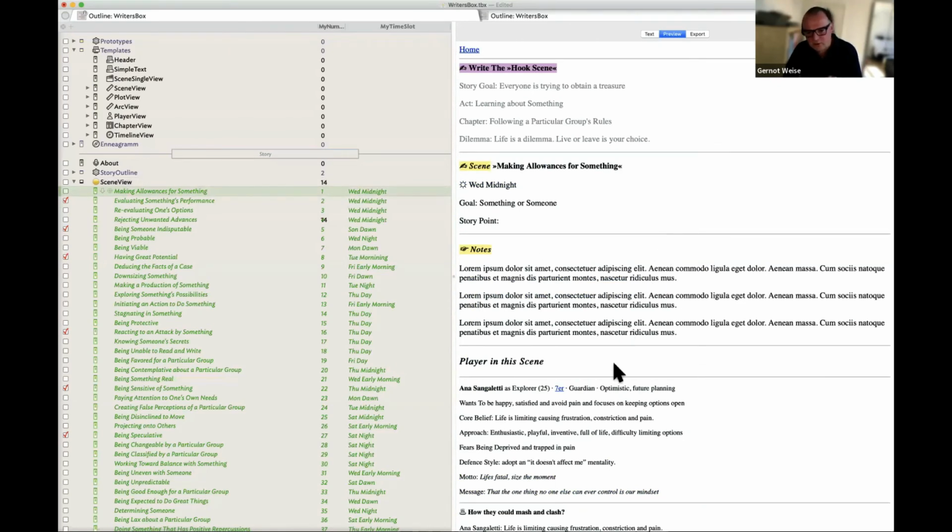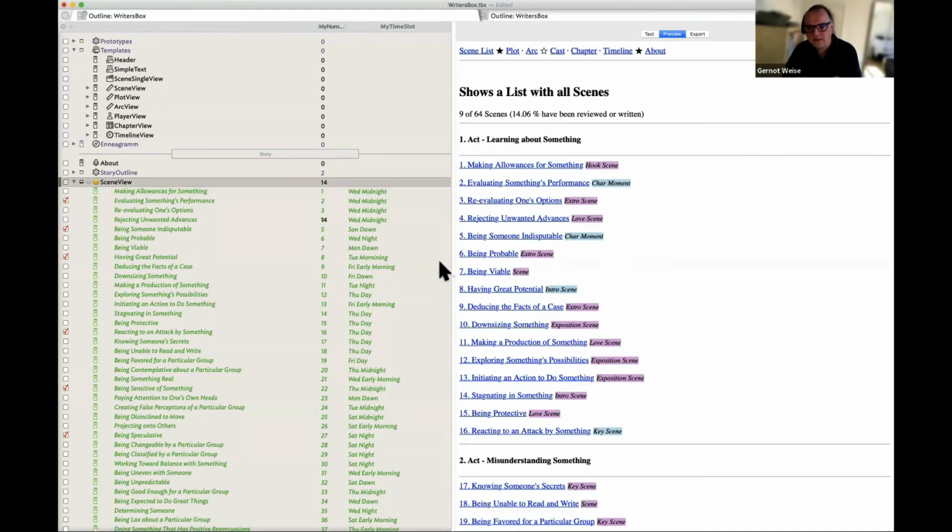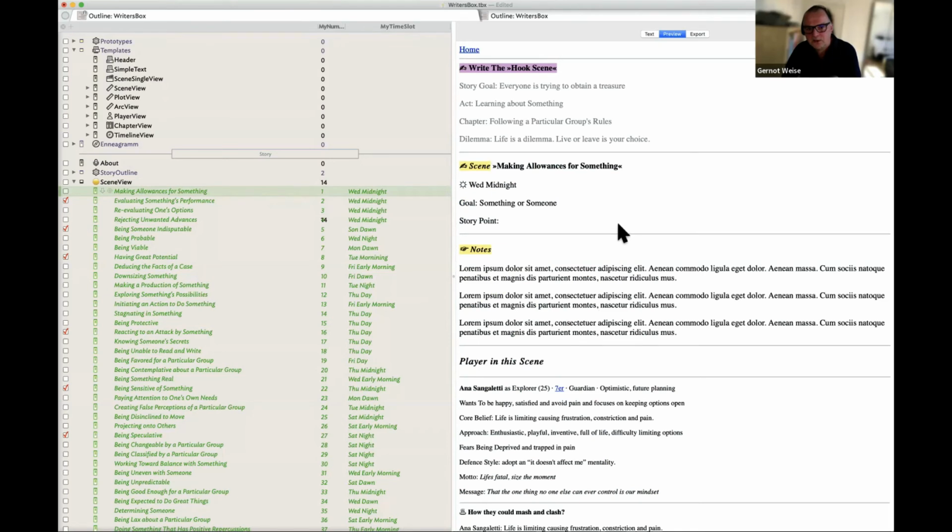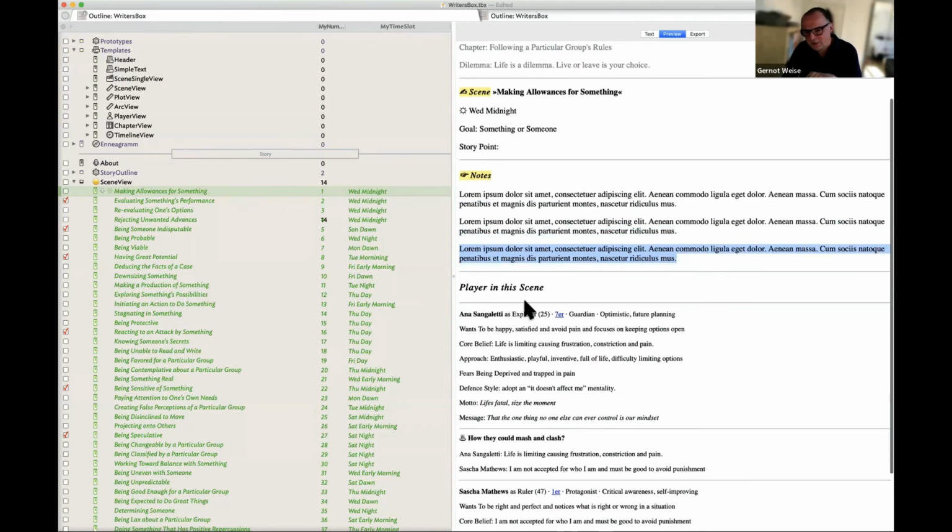The second was, of course, the combination between having an overview of all the scenes in that example, and then drilling down into a scene and combining all the different information. I think this was the most important part for me today when I'm writing, that you have one scene and you have gathered all the information from the different places. Here you have a kind of meta header information for the scene. Here you have the scene itself. Here are some notes, and I really love this part of it, that you already see.